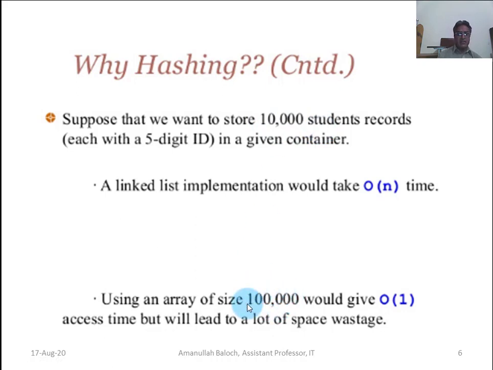It means 90,000 memory locations have been wasted, and we will not use them in this array. Just for accessing the elements in O(1) time, we have to reserve the memory in an array of 1 lakh data elements.